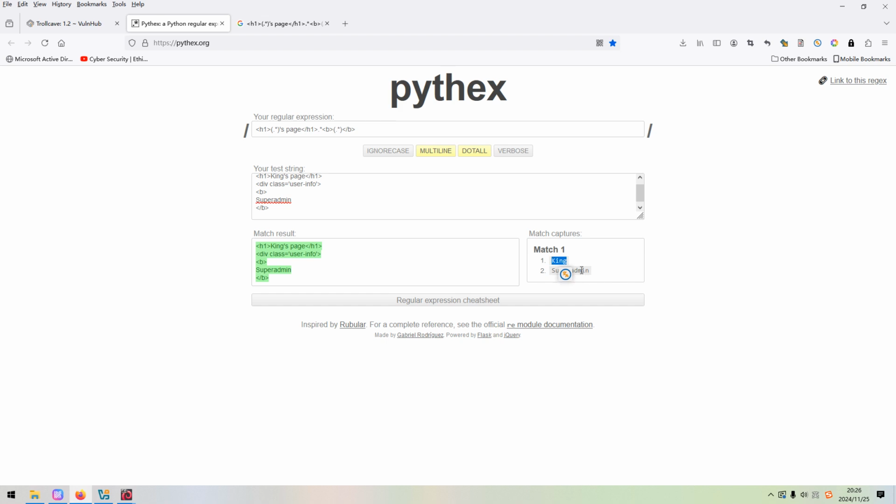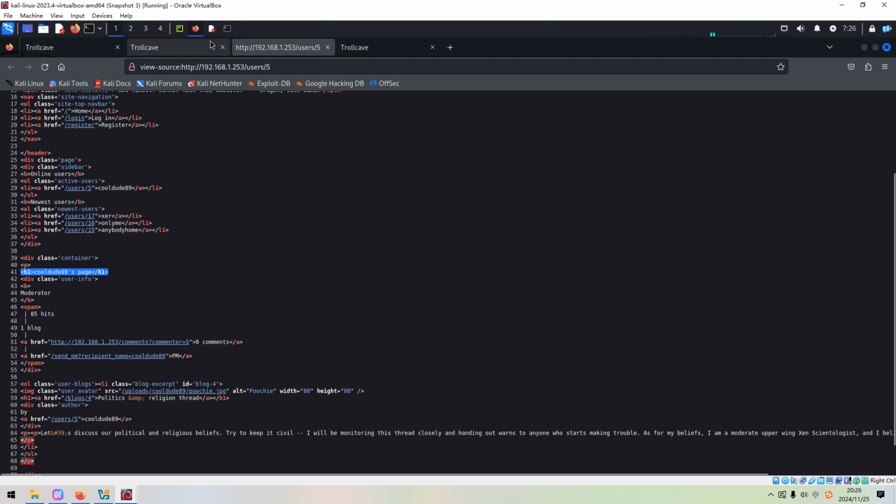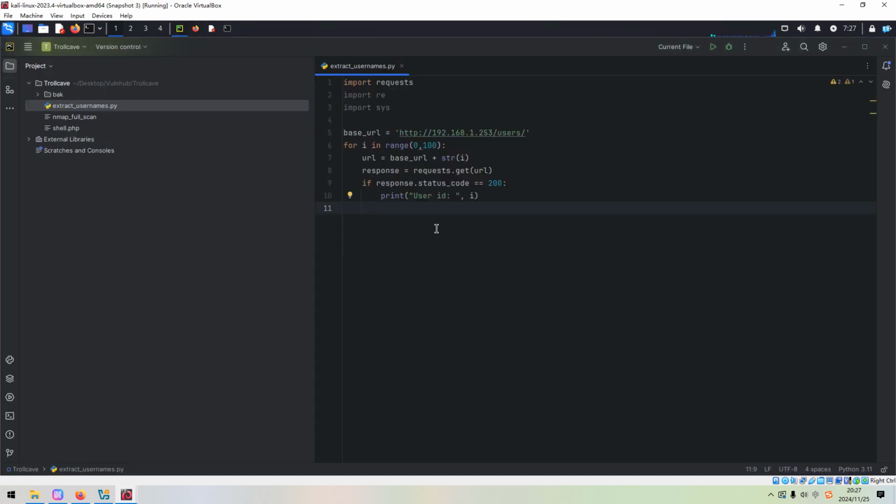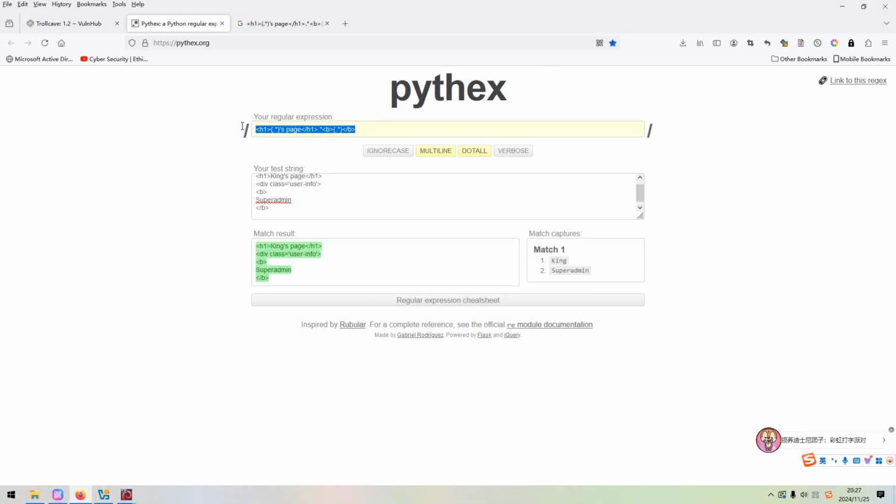So with the regular expression module, we can extract information, the username information. Okay, so how to do it? The pattern would be, we can copy from here.